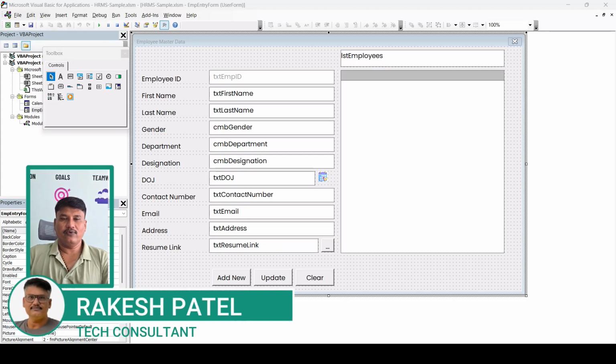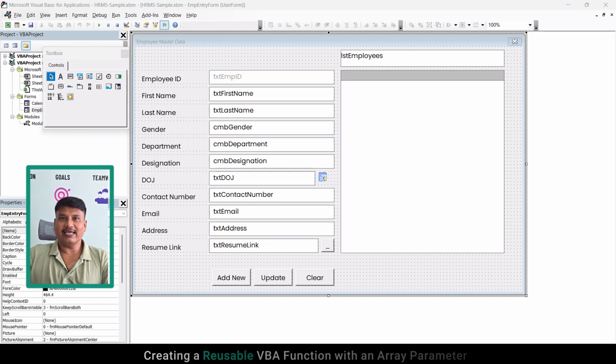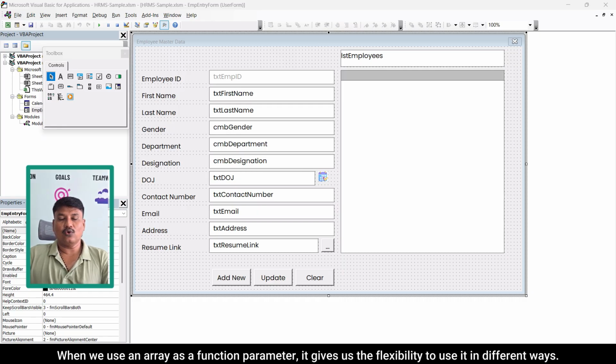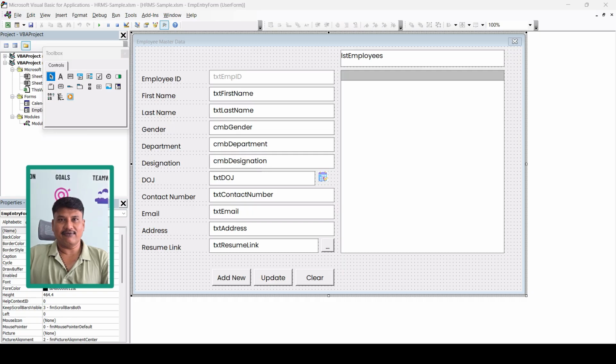In this video, we have an interesting topic regarding creating a generic function, that is, a reusable function, and we are just going to use an array concept in this. When you use an array in a parameter, you have the flexibility of sending more than one parameter at a time. So let me show you the example first, and then I will explain how an array is helpful in